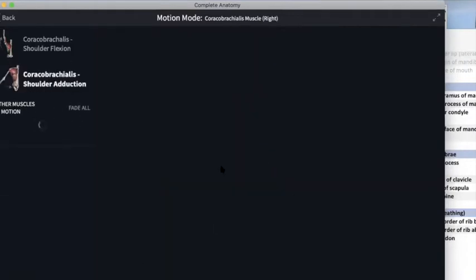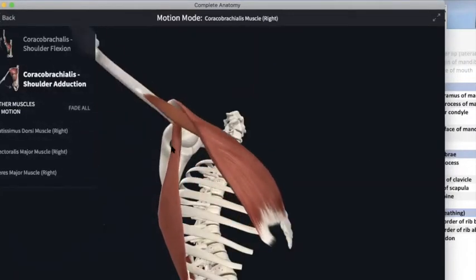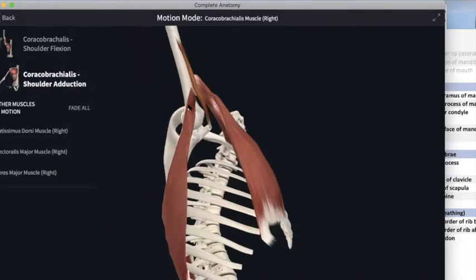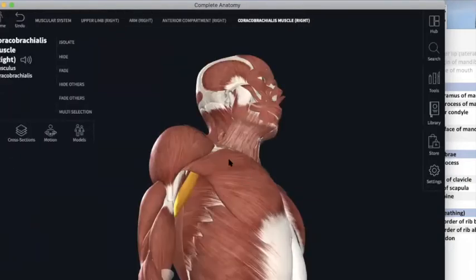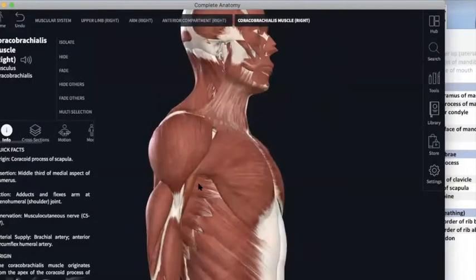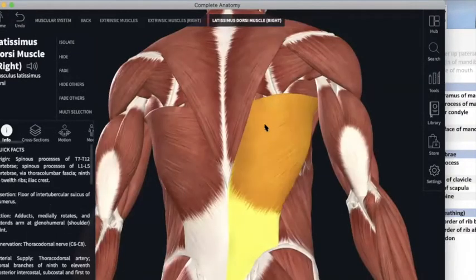Or because it's spanning the medial side, it's also going to help adduct the arm. Coracobrachialis. Then over here, your lats, your latissimus dorsi, you got this broad origin